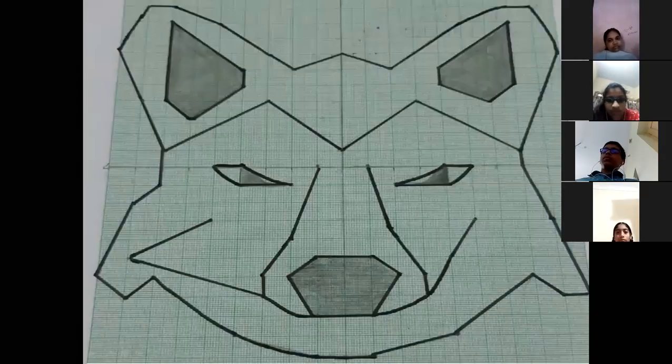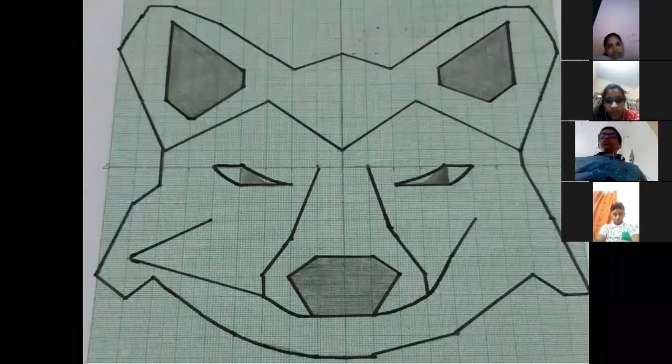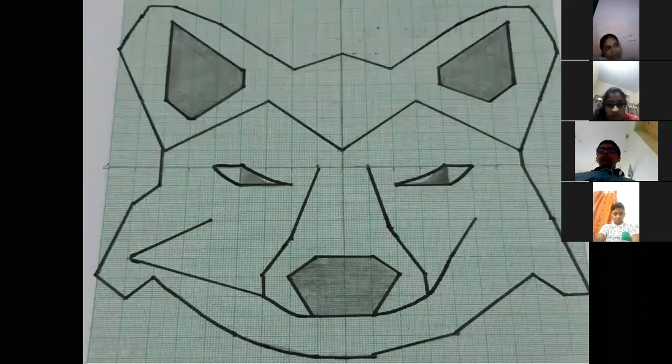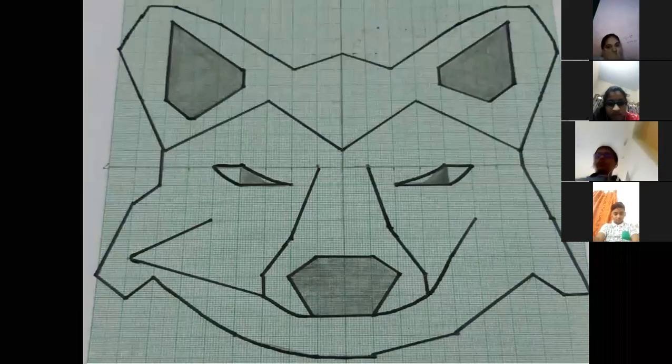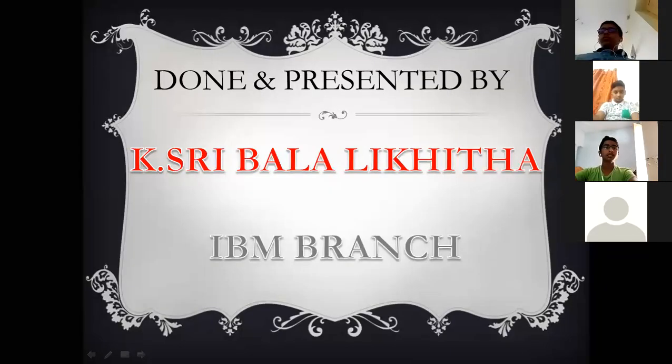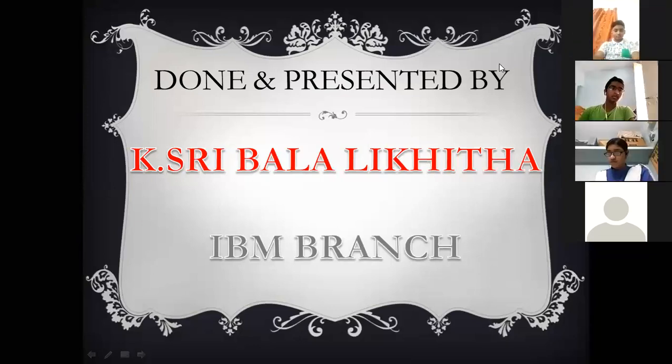Today's homework will be area of triangle graph sum. Is it clear to everyone? One time you should do the area of triangle graph sum in your graph book. Now you can open your graph books and start doing the graph sum. You can start the homework now itself. Please, everyone, open your graph books. Start doing it.